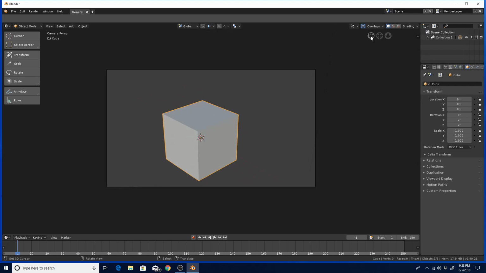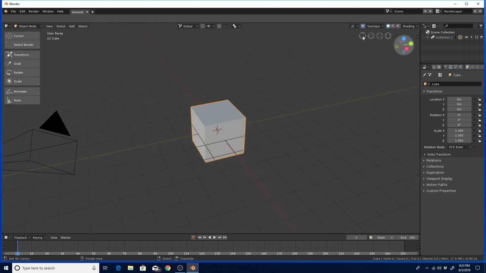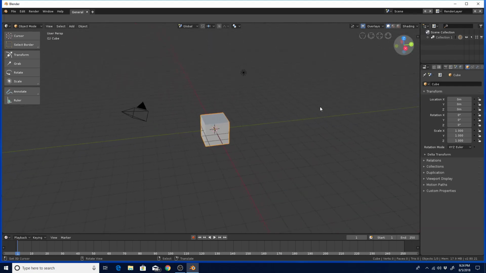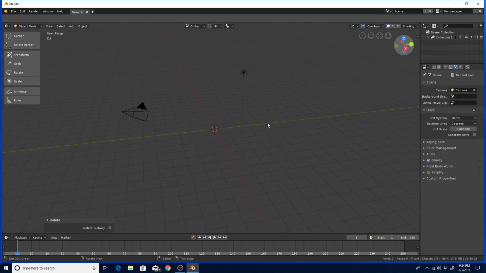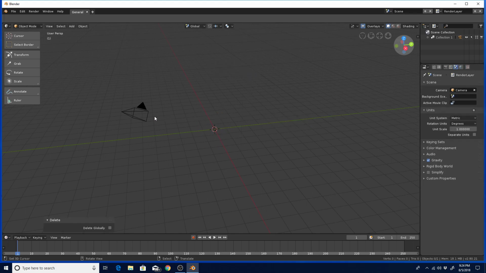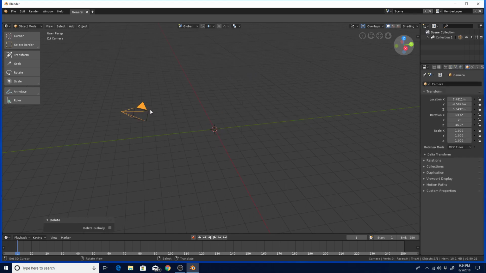Because with the tablet, I usually use the emulate 3-button mouse, but here you can do some things like this with a gizmo, and it's really cool. But I'm going to end up deleting the cube and the light because we're going to try to rebuild everything. I'm going to hide the camera just for now,